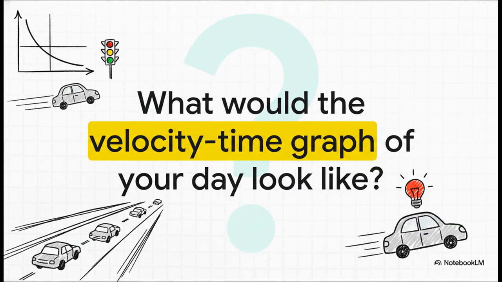So just remember, these graphs are not just for some abstract physics problem. They describe any kind of motion. I mean, think about your commute this morning. You accelerated from your driveway, maybe cruised at a constant speed, then slowed down for traffic. All of that creates a unique shape, a unique story. So I'll just leave you with this thought. What would the velocity time graph of your day